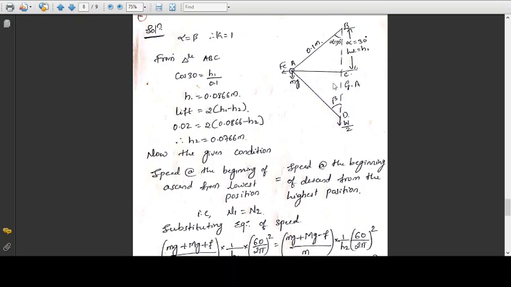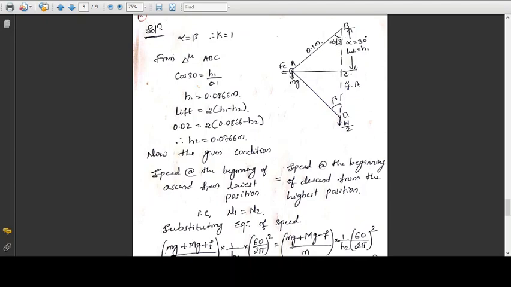So here the upper and lower arms are connected to a common axis, that is the governor axis, and the length of both the arms is the same, that is 0.1 meter. So you can take it as alpha equal to beta, therefore you will get the value of k as 1. Now from the triangle ABC, cos 30 is given by BC divided by AB.